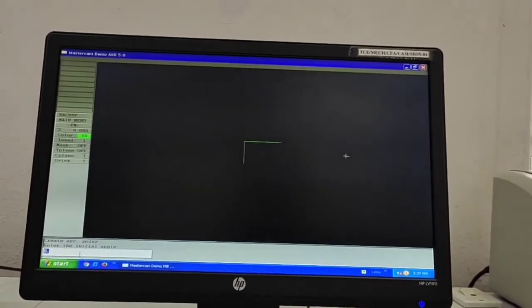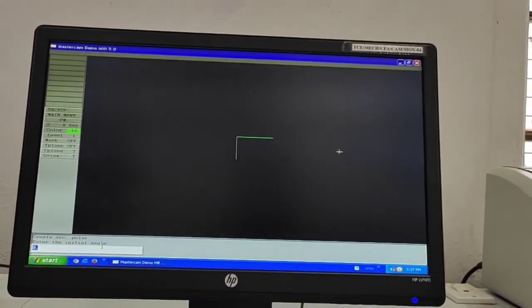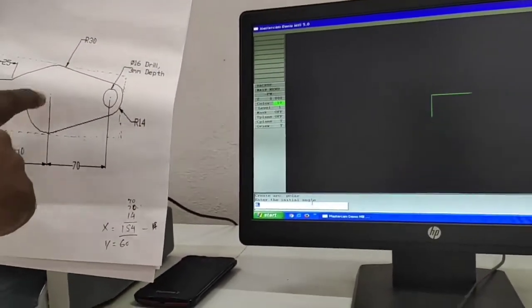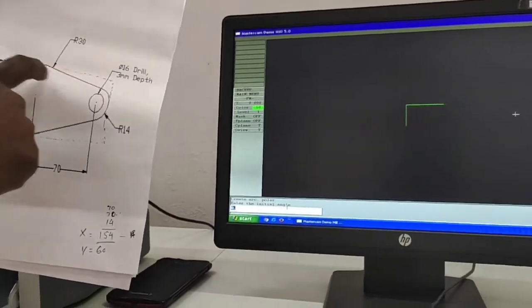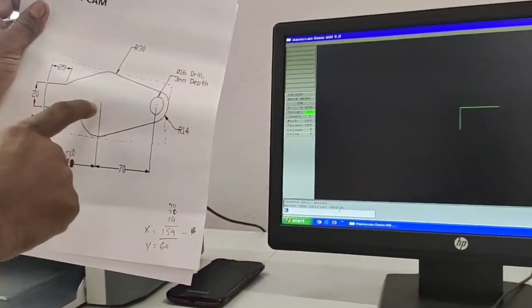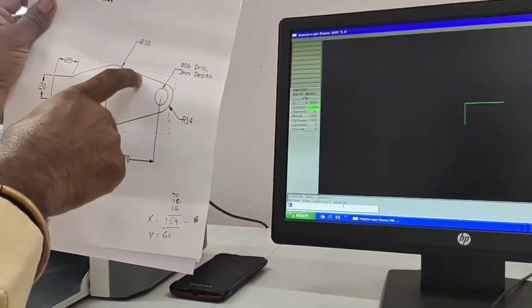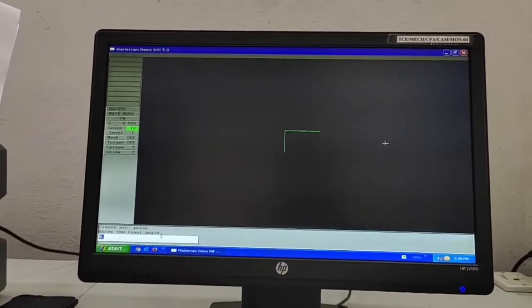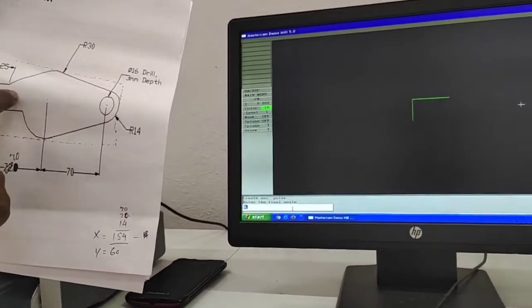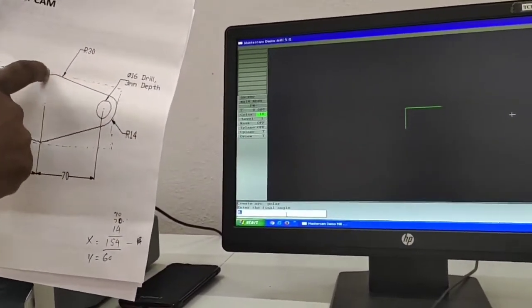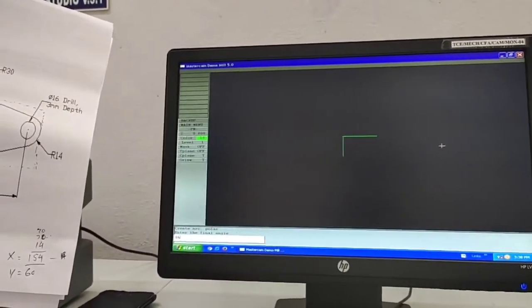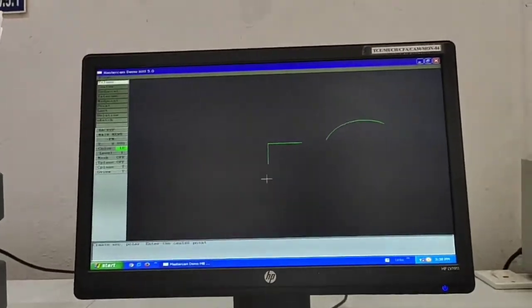Then it will be asking, enter the initial angle. Here there is no full round, full circle. The circle will be terminated from here to there. So now I am entering from 0. Just enter 60. And then the final angle, no need to enter 150 or 180. It will be closed within the 160. So the arc will be provided.